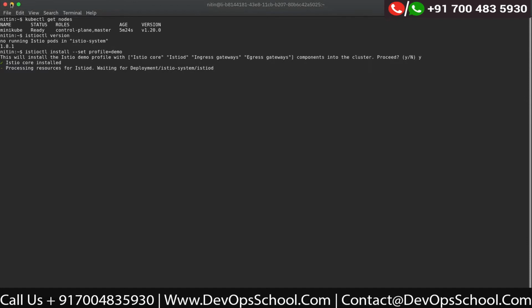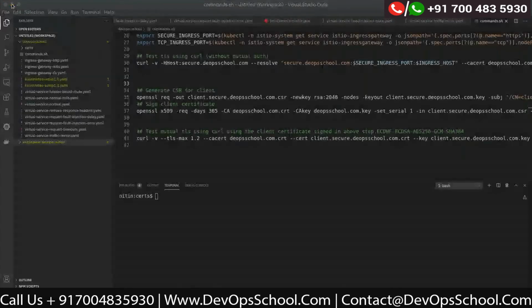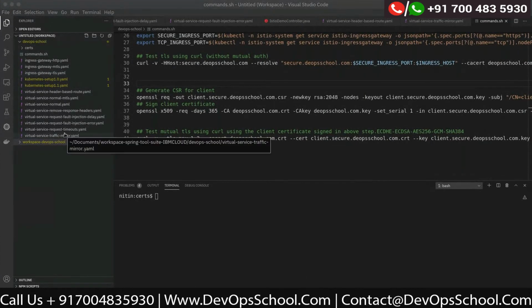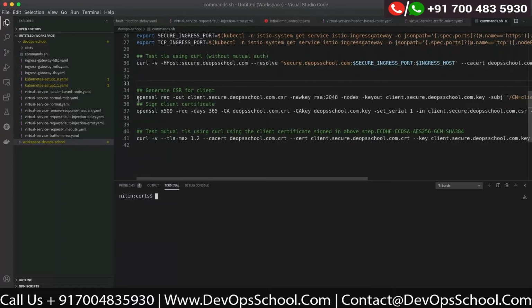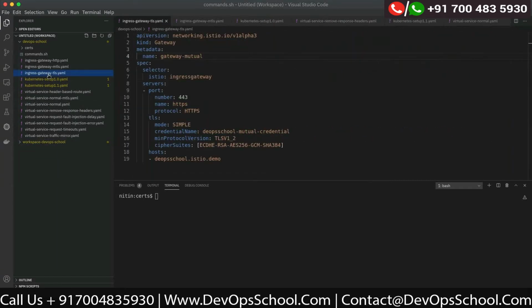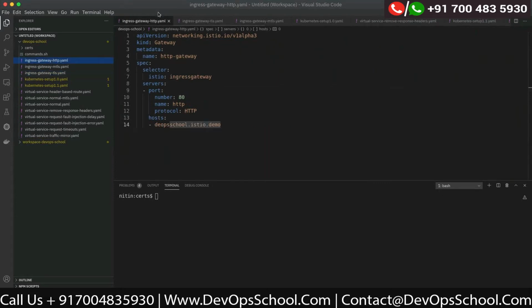So while it is running, let me show you a few configuration files. As you know, in Istio, all the configurations you do are done using YAML files. These YAML files are created by you, and once you apply them, they are taken by Istiod, validated, and then sent out to the sidecars for enforcement. I'm just going to show you first an ingress gateway, how it looks. So this is an ingress gateway.